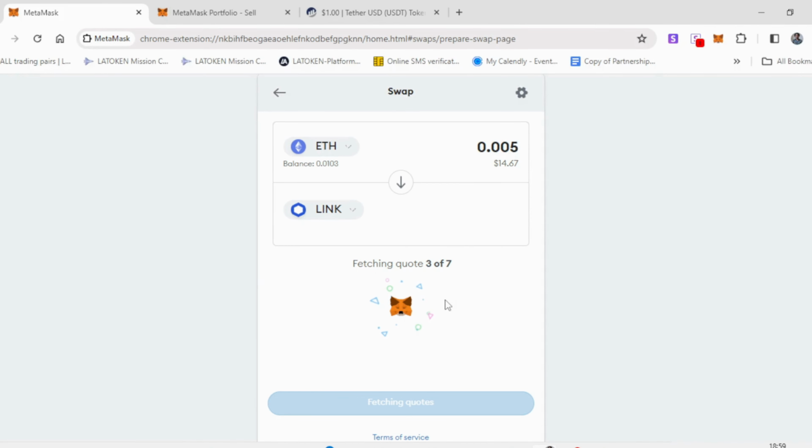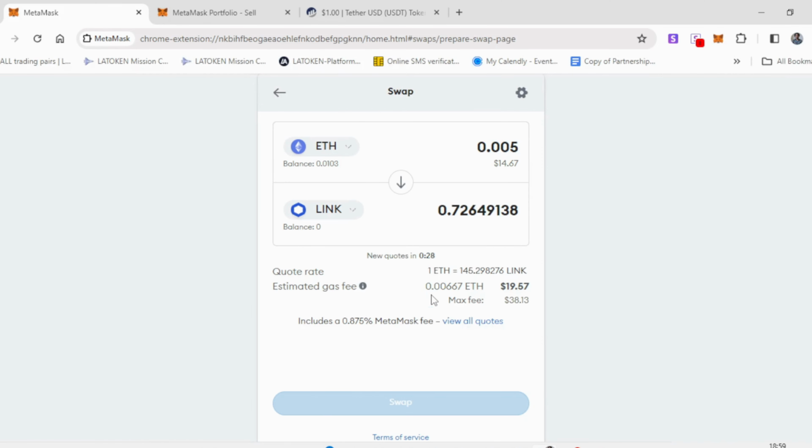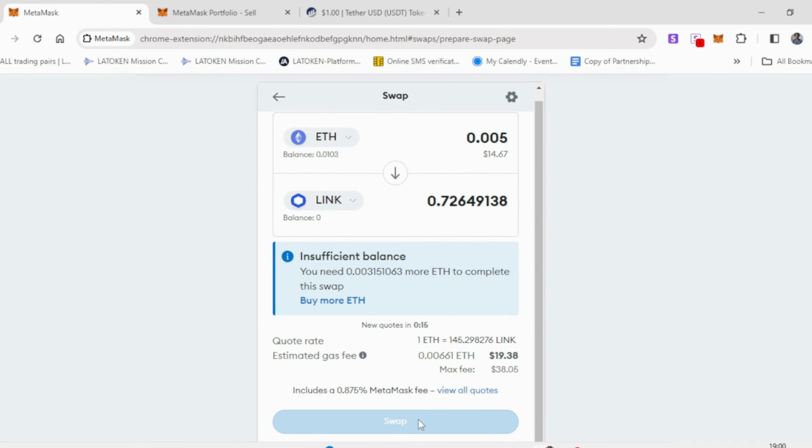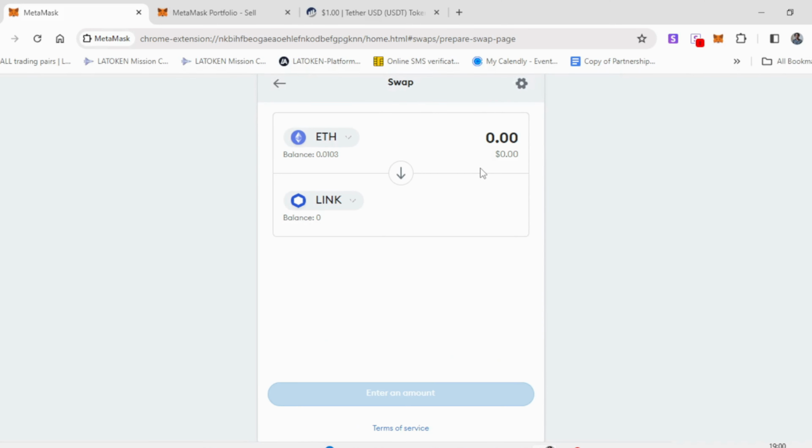And it's getting quotes from a number of providers. So the providers it's getting the quotes from are those decentralized applications, the automated market makers such as Uniswap, SushiSwap, and there's numerous more. So it's going to give you the best price. And it's saying I don't have enough, so let's just change the price and see if